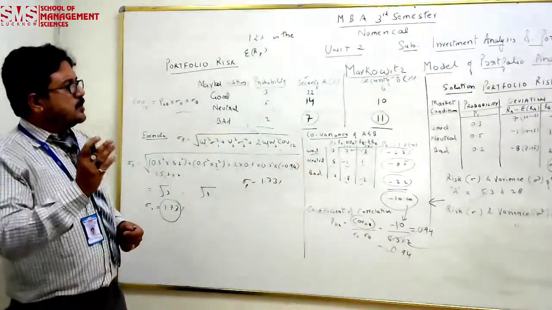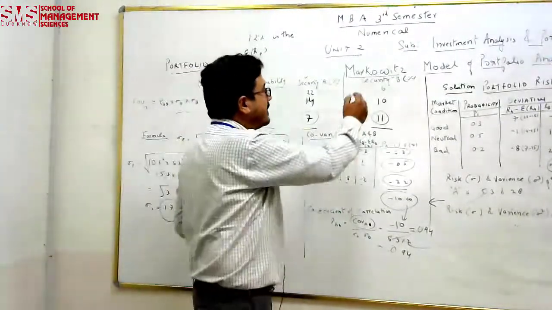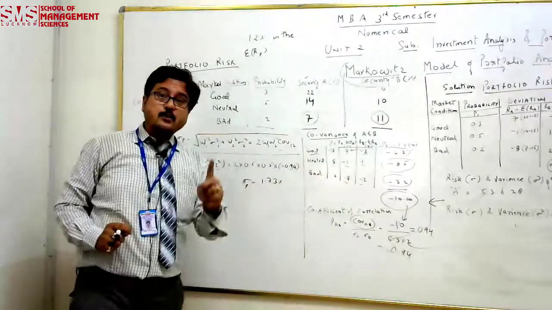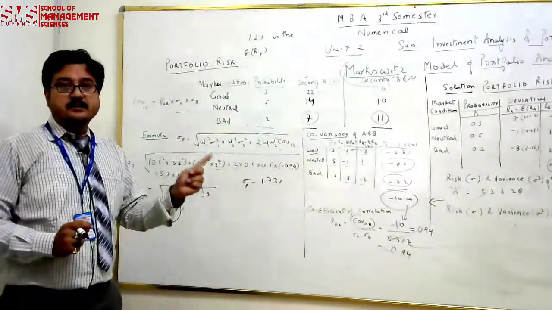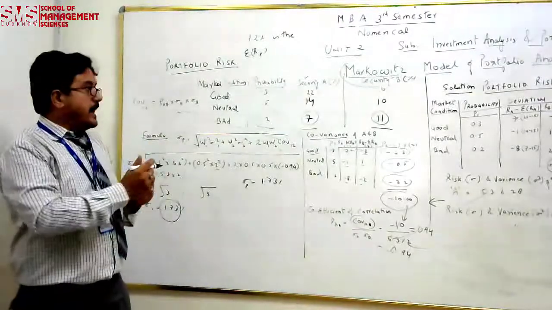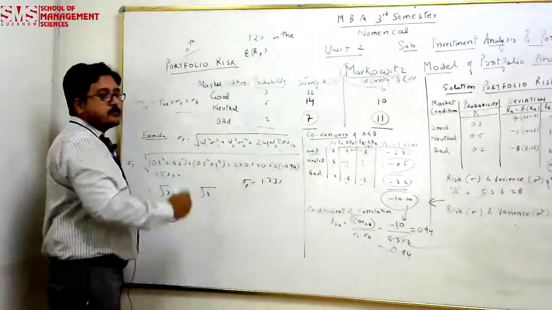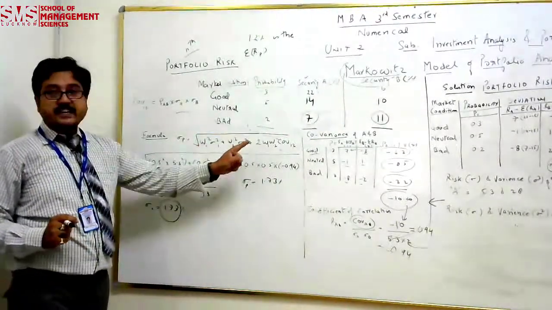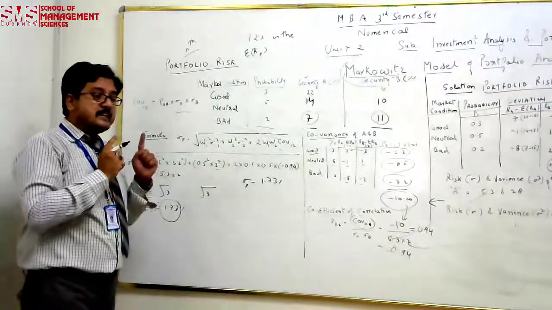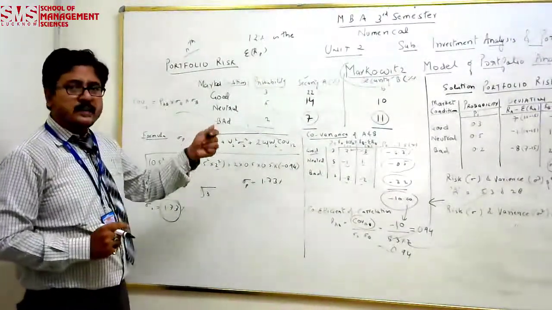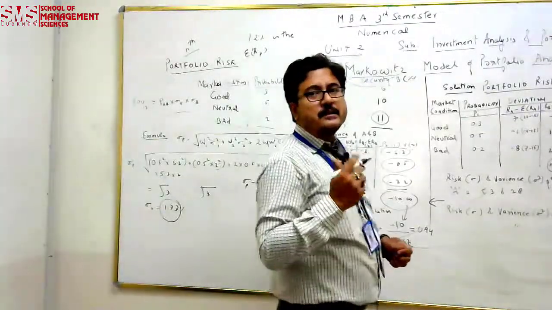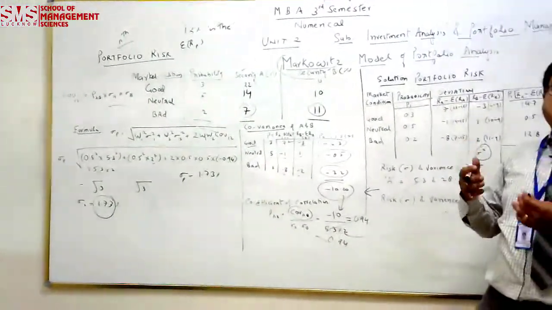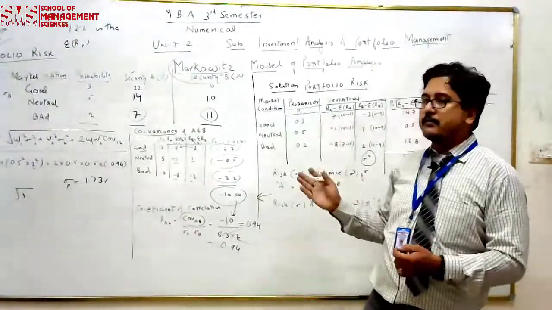Additionally, I just want to tell you that there is a limitation of this model, because when we calculate for more than two securities, we have to calculate the covariances of each security with each other. So if we have n number of securities, then it is quite difficult to calculate each and every covariance with all the securities. So there is a limitation of the Markowitz model. This limitation is addressed by the next model, the single index model, and in the next lecture we will get a numerical example of that single index method.